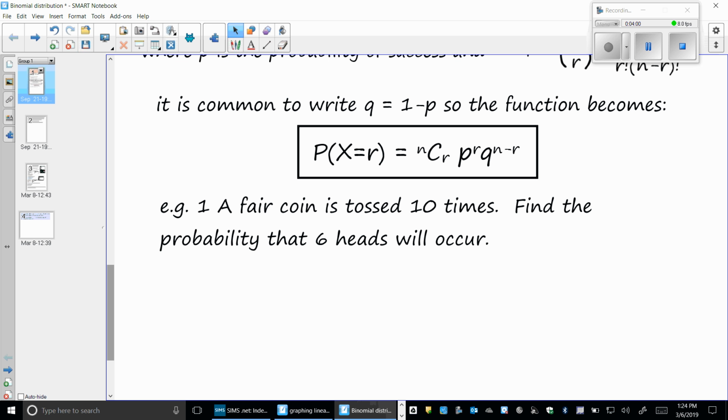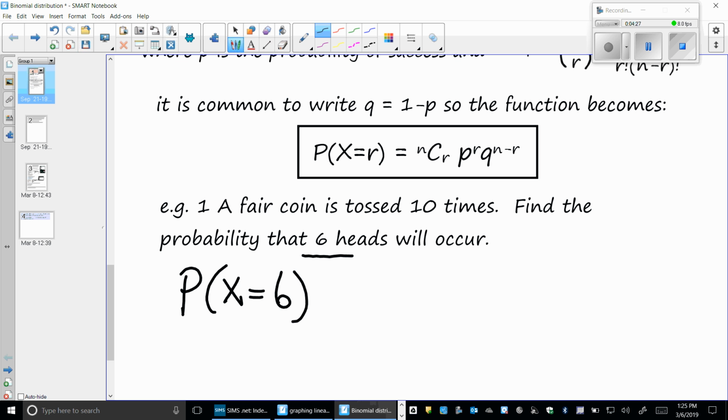Right, so a fair coin is tossed 10 times. Find the probability that 6 heads will occur. We would write P(X = ), what do you think we're going to write? From the question? 6. Is equal to